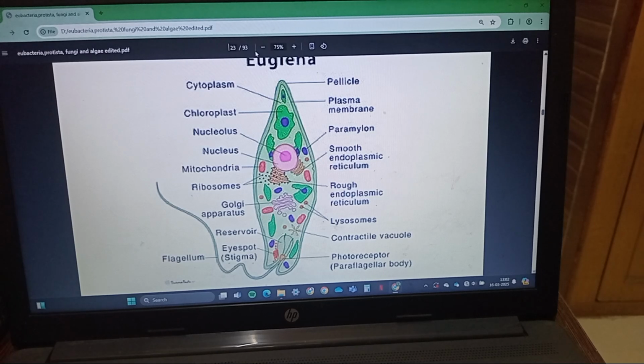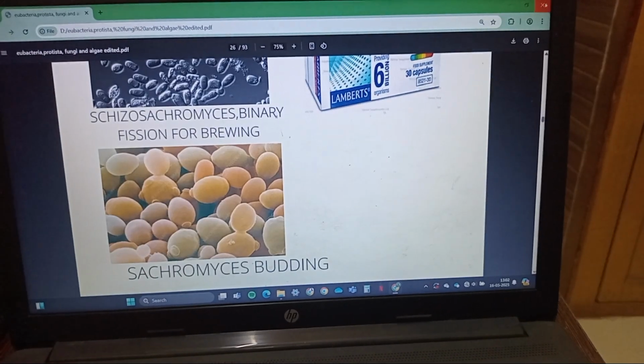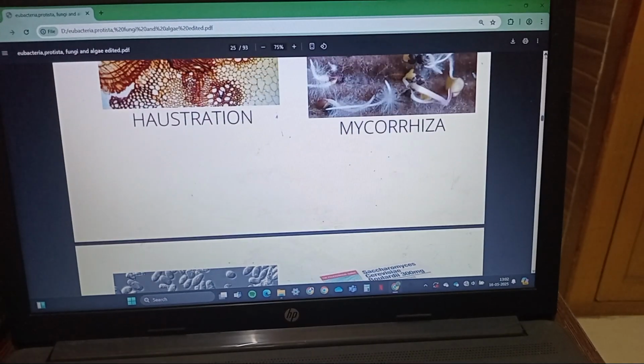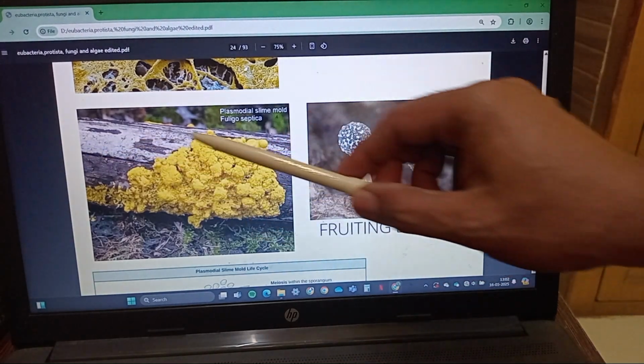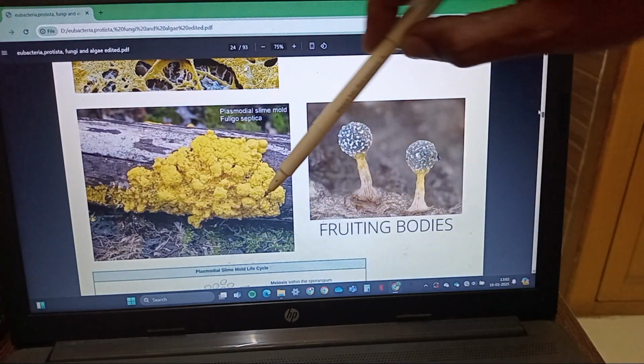After Euglena, the fourth group included in the kingdom Protista are the slime molds. The slime molds are like false fungi because they are not producing hyphae. They are saprophytic in nature. They live on dead tree barks and twigs, and this is the plasmodium, which can go up to several feet